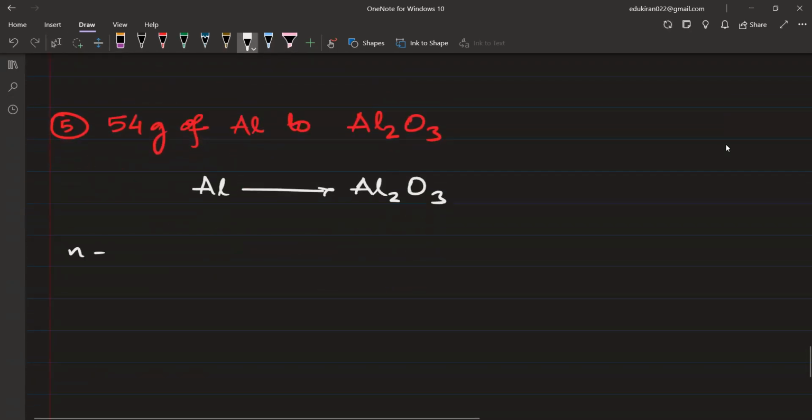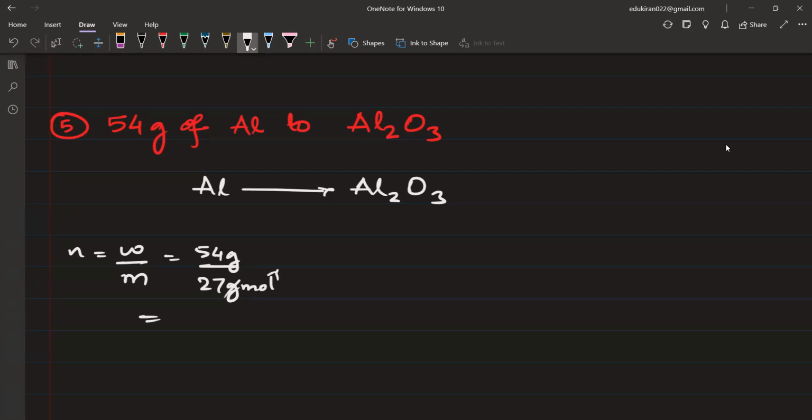So the number of moles of aluminium will be equal to the given mass by molar mass. Given mass is 54 grams. The molar mass is 27, which will give you 2 moles. That means I have 2 moles of aluminium. I have to convert it to Al2O3. Don't worry about the oxygen. The oxygen is coming from somewhere else. Now, the real question is,